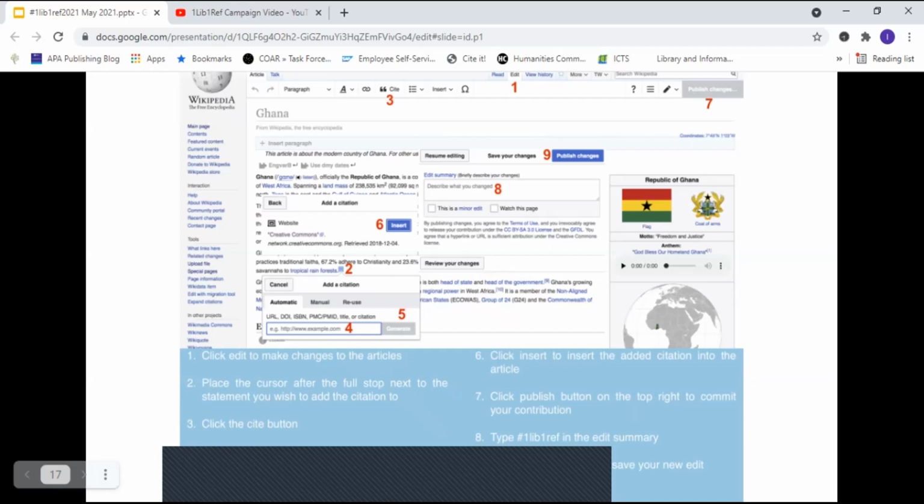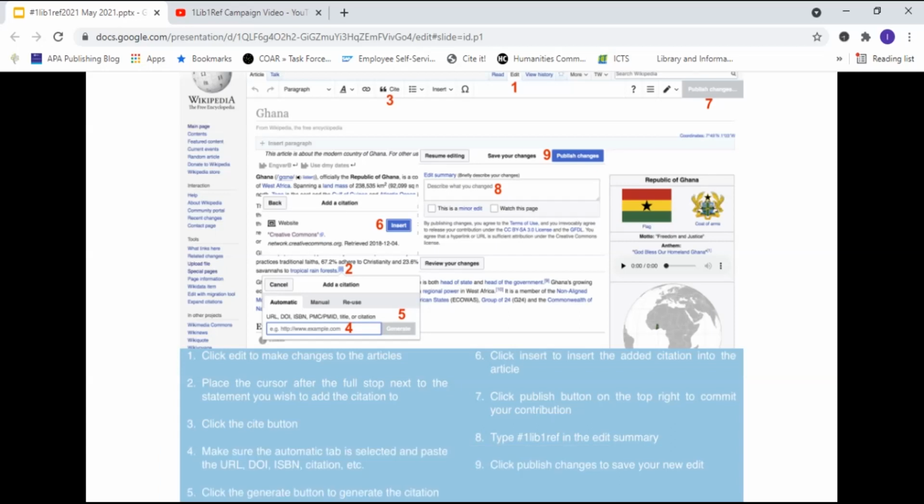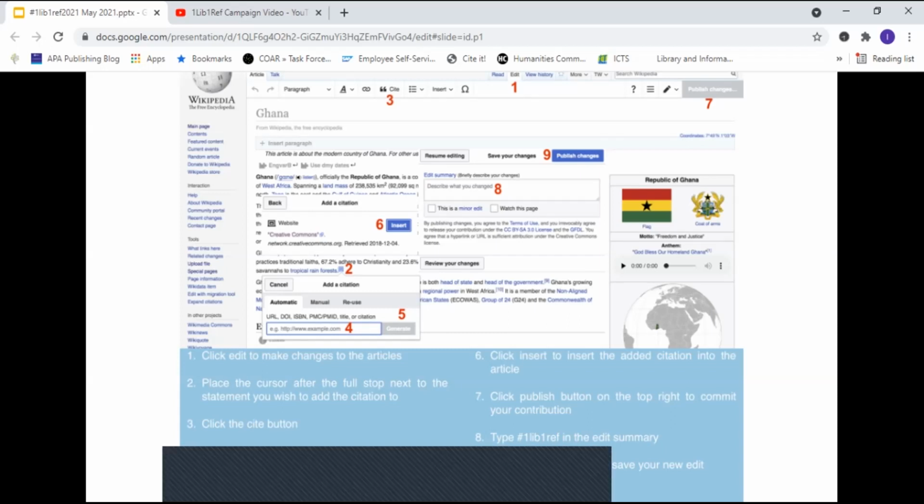So the mechanics of adding the citation are quite straightforward. You click to make changes to the article. You have to be quite precise about where you put the cursor. You click the cite button, and it'll allow you to put in either the DOI or the ISBN.